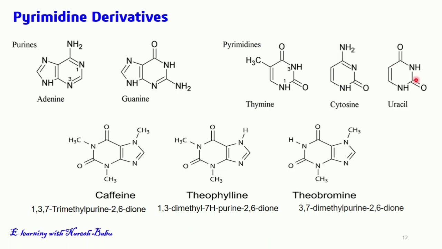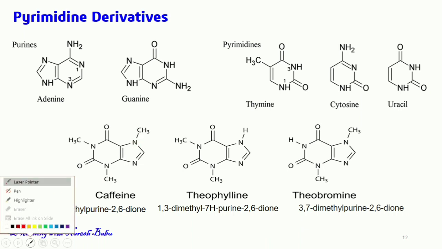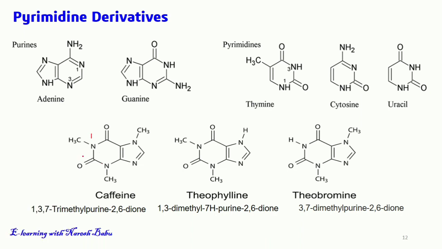In the case of drugs like caffeine, theophylline and theobromine, caffeine is a CNS stimulant; it is 1,3,7-trimethyl purine-2,6-dione. So in the purine derivative caffeine, the first position, third position and seventh position carry the trimethyl, and 2,6-dione. You can give the numbering in this ring system as 1, 2, 3, and this is the fourth position, fifth position here, sixth, 7, 8 and ninth position.